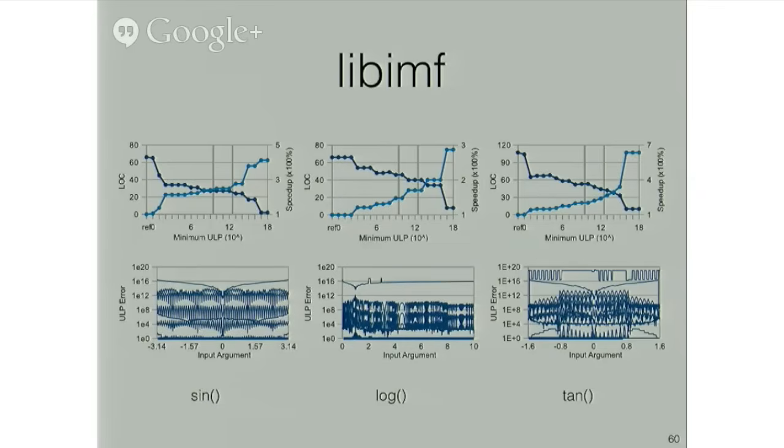But what I want you to take away from this is that as we move to the right and increase this maximum acceptable ULP error, we get a performance improvement and a reduction in code size, and it smoothly interpolates between both sides of the curve. It's not as though we get the win all the way at the end when all of a sudden the user doesn't care about what we're giving back then.